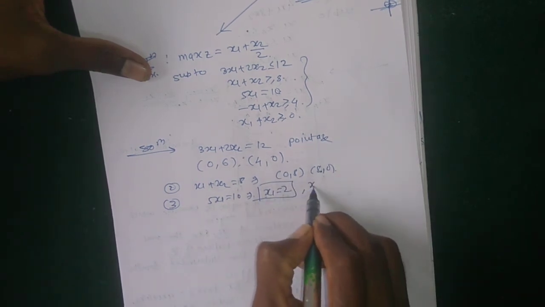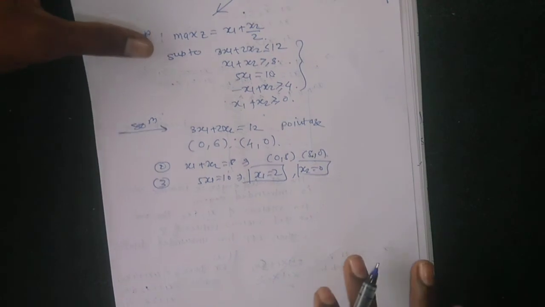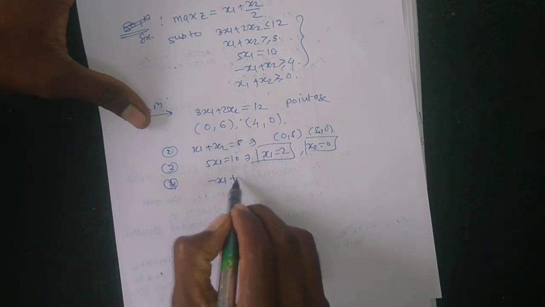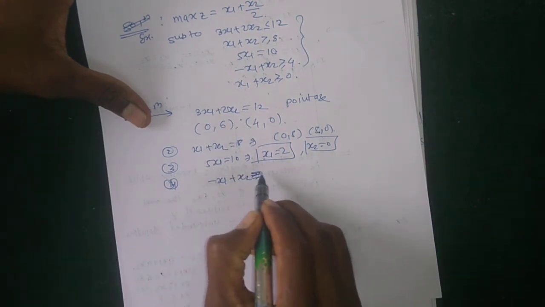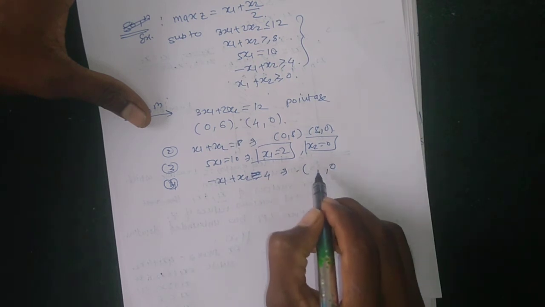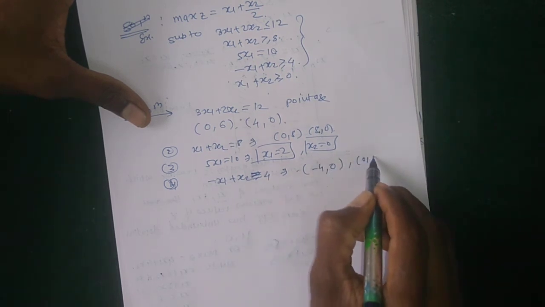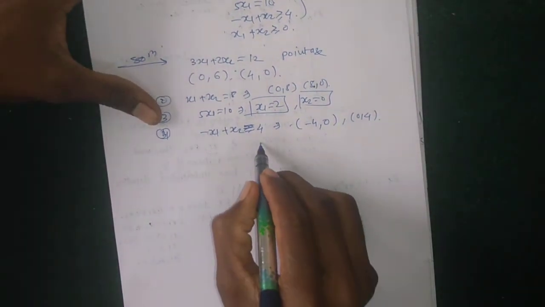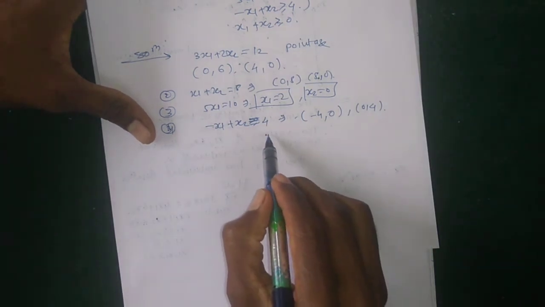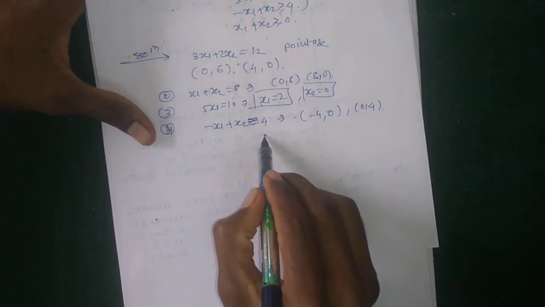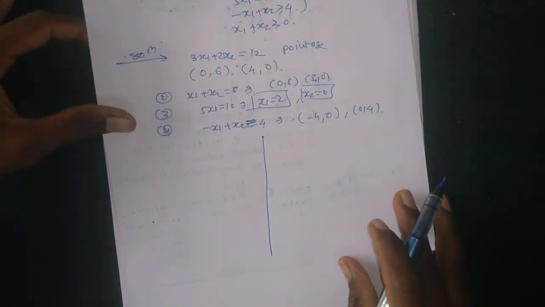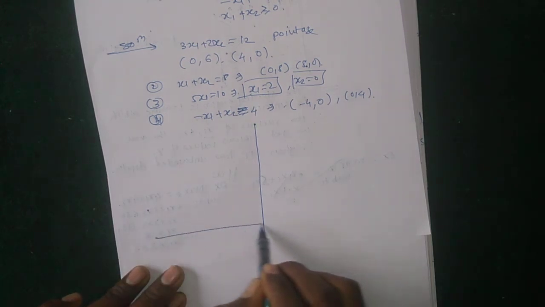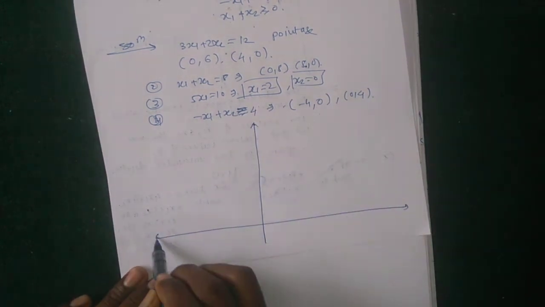This is parallel to x2 axis at point 2. Then fourth is -x1 + x2 = 4, which implies that points are (0, 4) and (-4, 0). Okay, so graph is taking graph minus 4, here only one constant is negative, so this is a graph